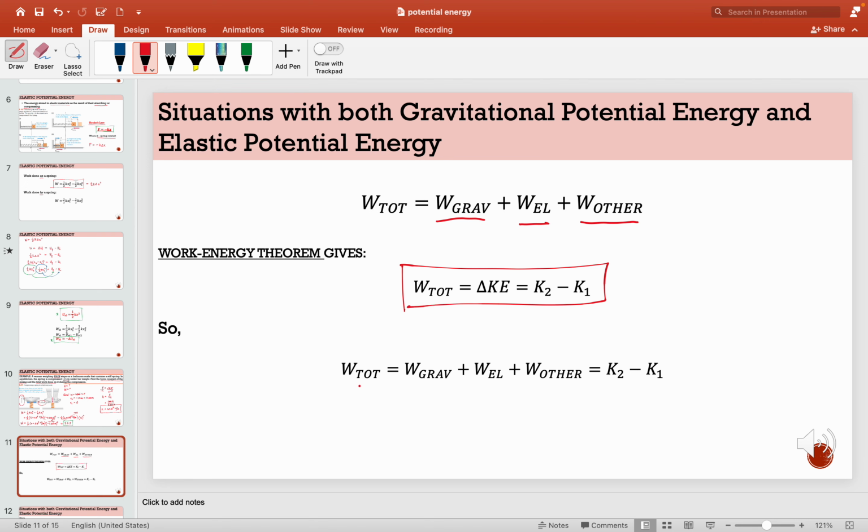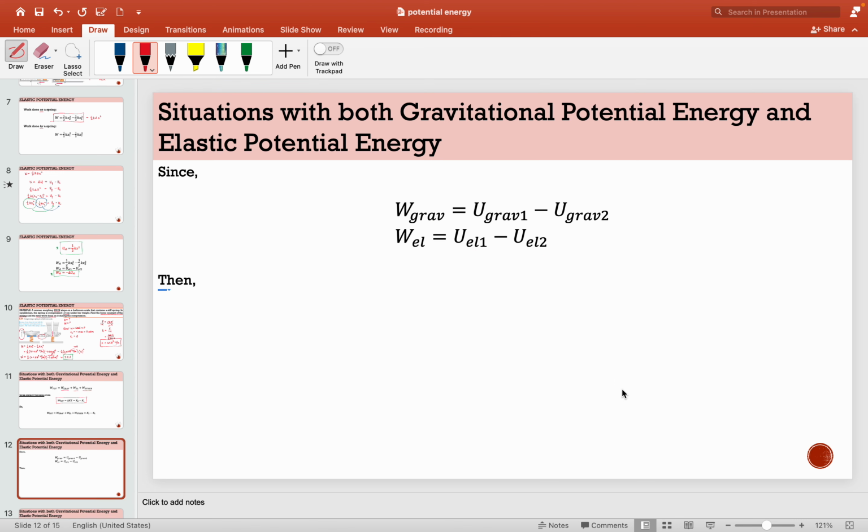So we have the total work done is equal to the work done by the gravitational potential energy plus the work done by the elastic potential energy plus the work done by other forces is equal to the final kinetic energy minus the initial kinetic energy. Now,